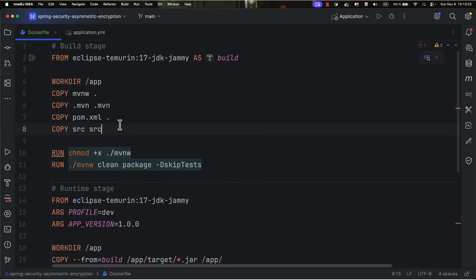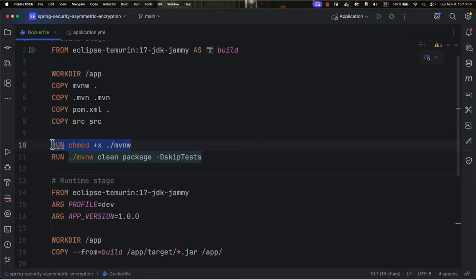So if you need them, you also need to copy them. But for our case, we need to copy the Maven wrapper, the pom.xml, and the source folder. All right, then I just need to give the execution permission to my Maven wrapper file, and then I just need to run the command mvn clean package -DskipTests, because I will assume that the tests are